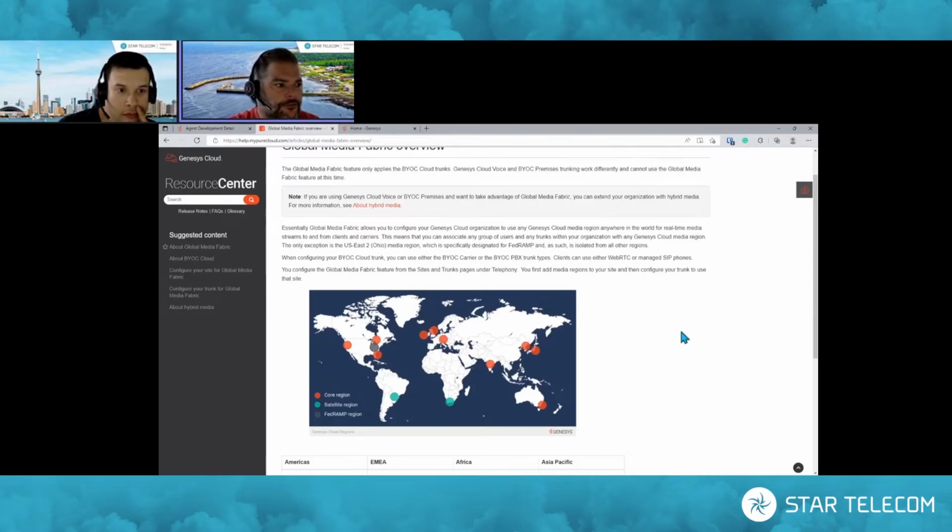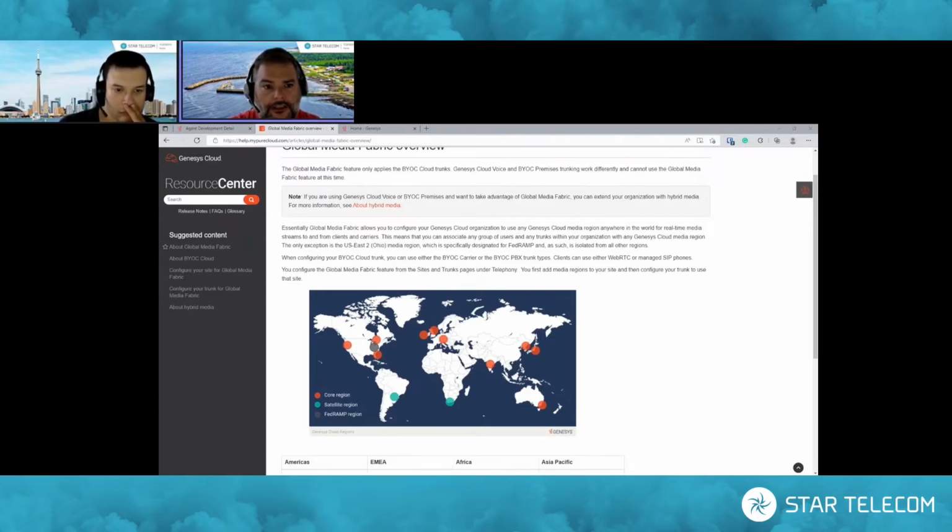I'm a longtime user of Genesys Cloud. I started with Pure Cloud. And in the beginning, the only solution was BYOC Prem, where you would deploy edges and either establish connections to the PSTN via a SIP trunk or using a media gateway using PRIs or some other technology. And then, of course, Genesys Cloud Voice came out. And then, of course, BYOC Cloud, which is the preferred methodology where we establish SIP trunks directly into edges hosted in the cloud. But what if